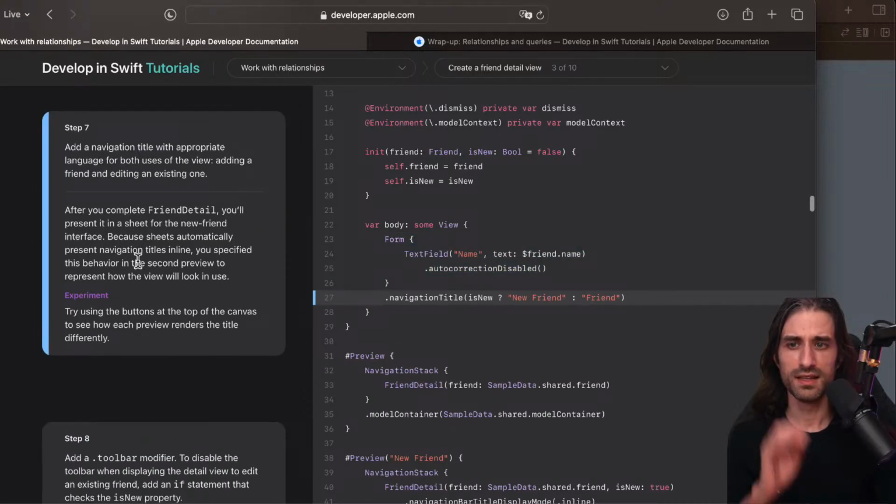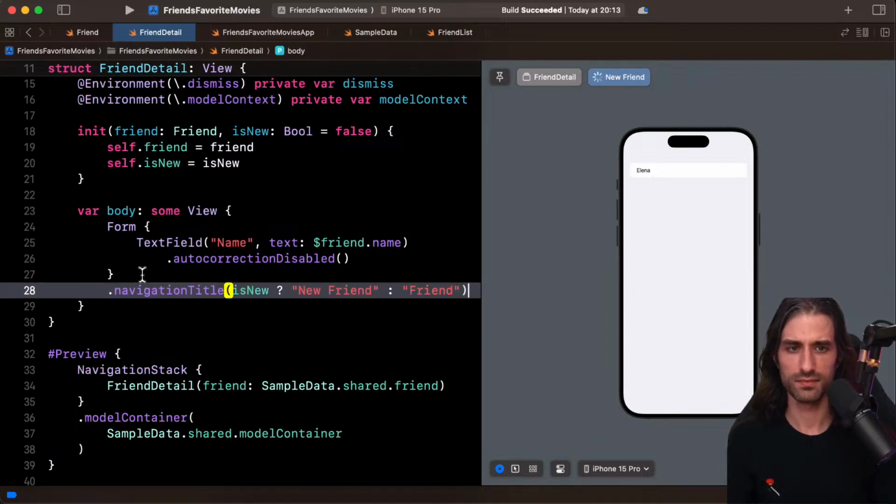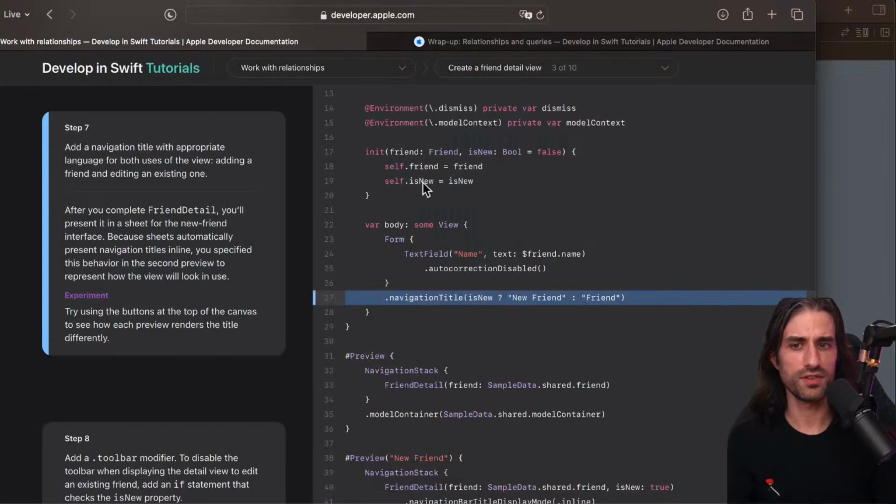Okay. Step 7, we add the navigation title with appropriate language for both uses of the view, adding a friend and editing an existing one. So let's do that. We can see it's being displayed here as inline in the case of a new friend, and as a large title, which is the default, in the case of a friend detail.